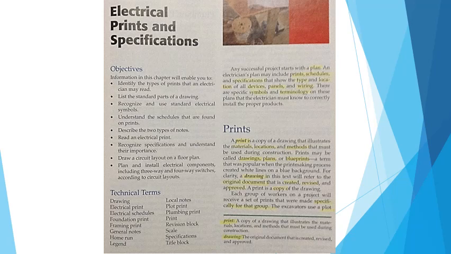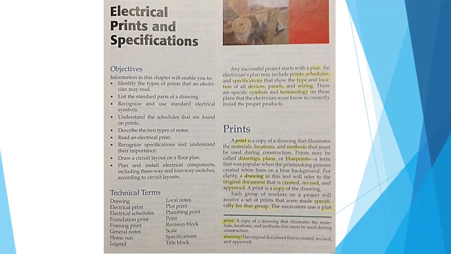Any successful project starts with a plan. An electrician's plan may include prints, schedules, and specifications to show the type and location of all devices, panels, and wiring. There are specific symbols and terminology on these plans that the electrician must know to correctly install the proper products. Prints. A print is a copy of a drawing that illustrates the materials, locations, and methods that must be